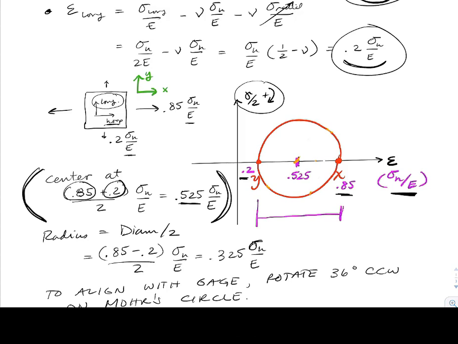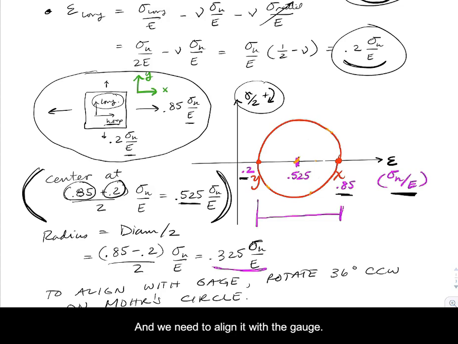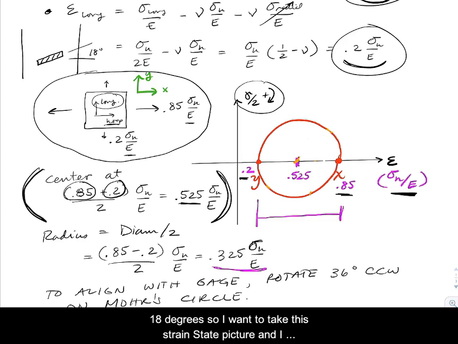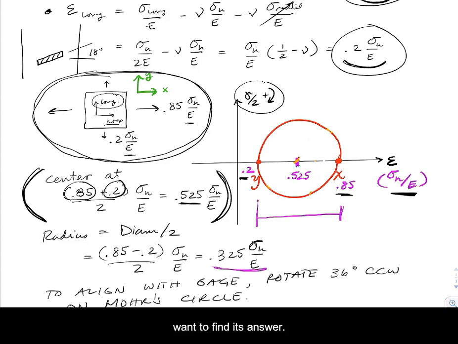So the radius is going to be 0.325 times sigma h over E. Really, the next move that we do is, quite honestly, the most important move here. What we want to do is take the initial strain state, which is sitting right there, and we need to align it with the gauge. The strain gauge is sitting at an angle of 18 degrees. So I want to take this strain state picture and find its answer